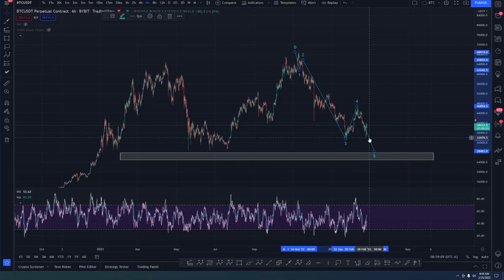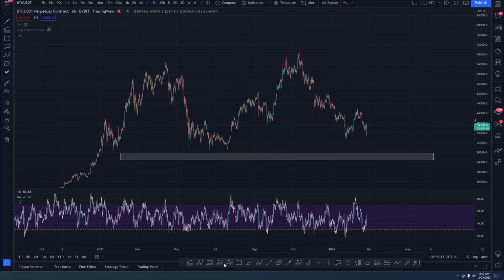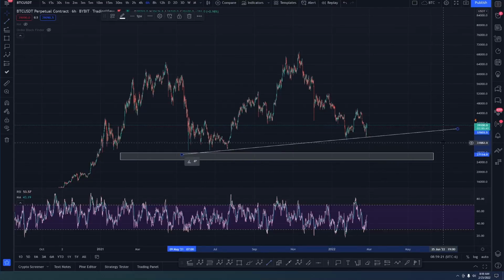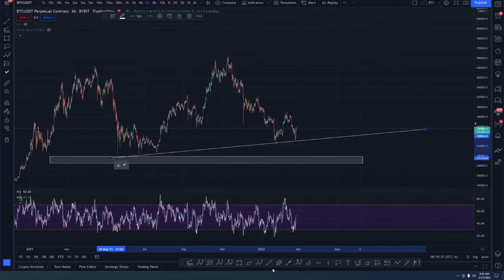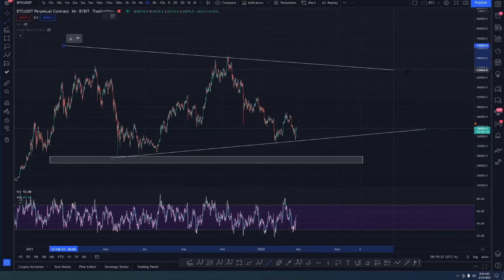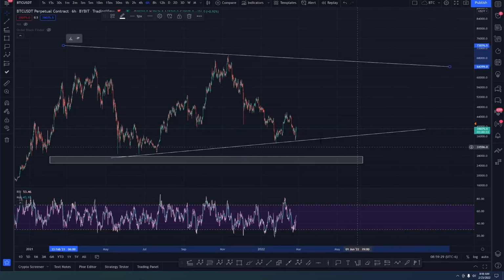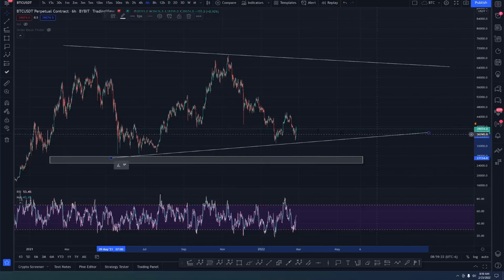And again, what I promised to do is get into the micro count and say, okay, what's the next decision we need to make? The other count that I'm seeing here is a triangle, and I really like that count quite a bit. I'm not telling you which I think, it doesn't matter, but I do like the count nonetheless. And it does make sense of the wave structure that we have sitting right in front of us, okay?